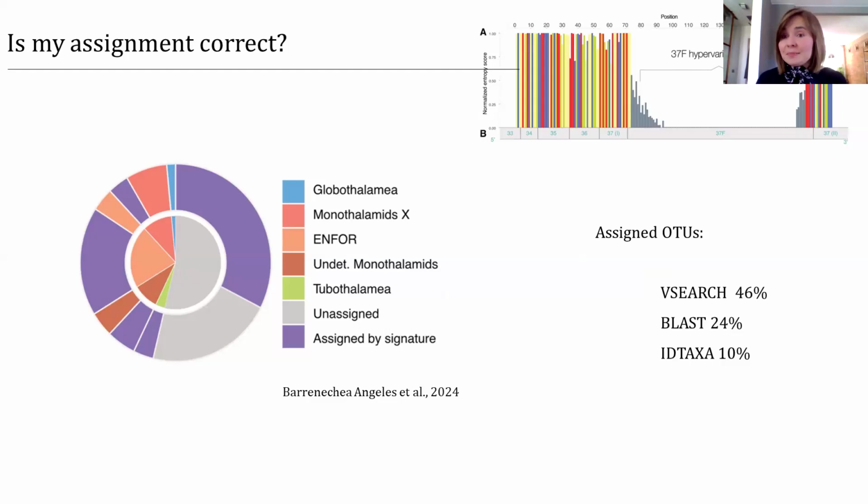It seems very easy, but it's not, because the first problem is that many reference databases are just incomplete, especially in the case of small taxa, like single-celled organisms that were not